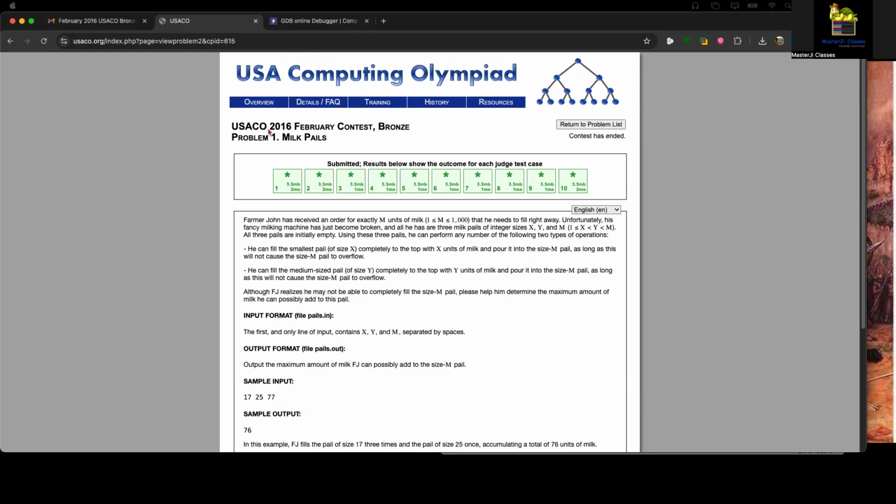Hi, today we'll be solving a USACO 2016 February contest bronze question. The question is Milk Pails. In this question, we are provided with three pails with limits x, y, and m. And our task is to find